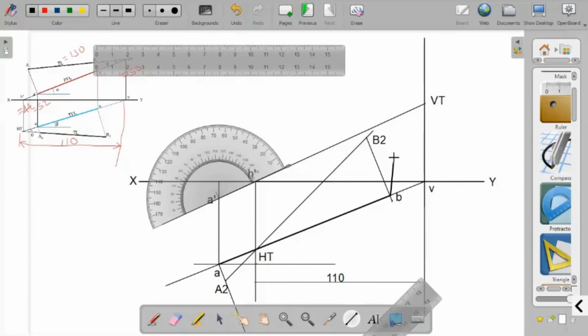You can find out the point B dash by drawing a perpendicular from B to line A dash H dash VT. So this is the point B dash. Now you draw a perpendicular from A dash